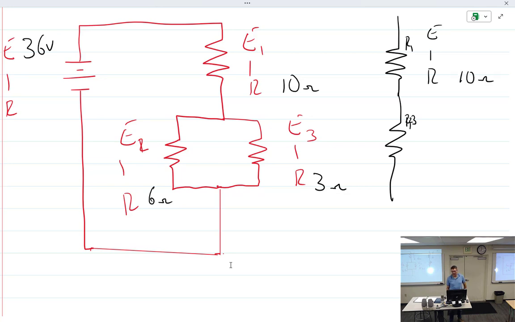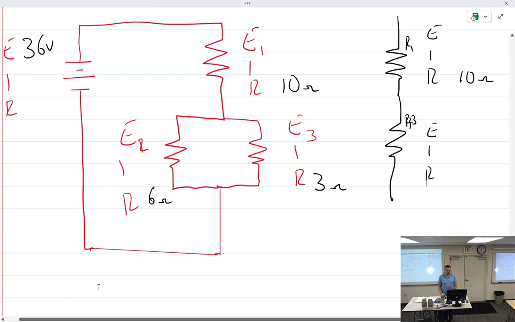Yep. Okay, this one right here, I'm combining these two. Everybody follow? I got to combine these two, 2 and 3. Got to put them together. Treat it as one resistor, essentially. I have to treat it as one resistor to solve this problem. So those resistors are in series or are they in parallel? Parallel. They're in parallel. How do we add resistors in parallel? Inverse of inverse. So it's 6 to the minus 1 plus 3 to the minus 1,